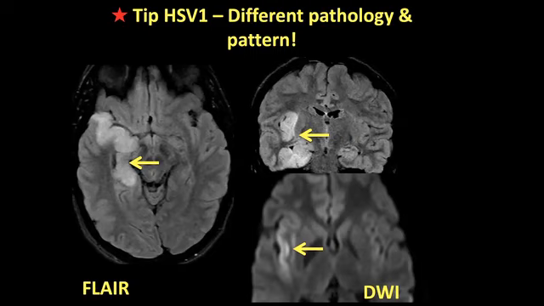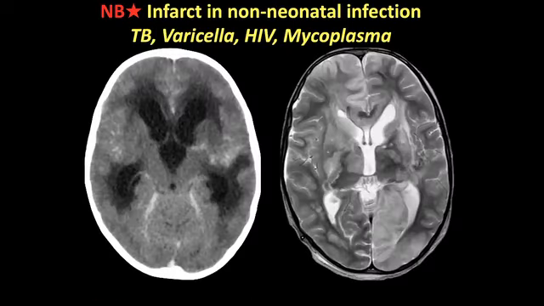So we see that classic presentation: the patient will present encephalopathic, often with a temperature, and the classic involvement, particularly of the temporal lobe and hippocampal and limbic system. But remember, completely different method of infection to HSV2 that we see in neonates.